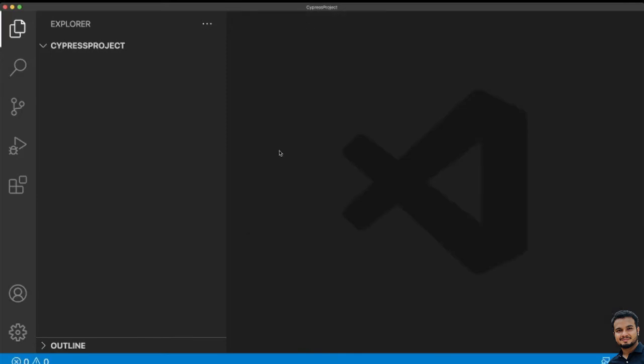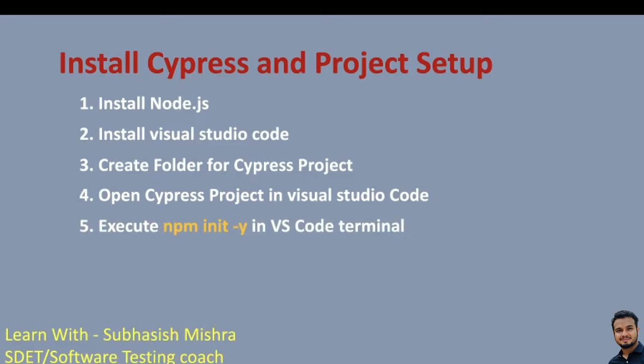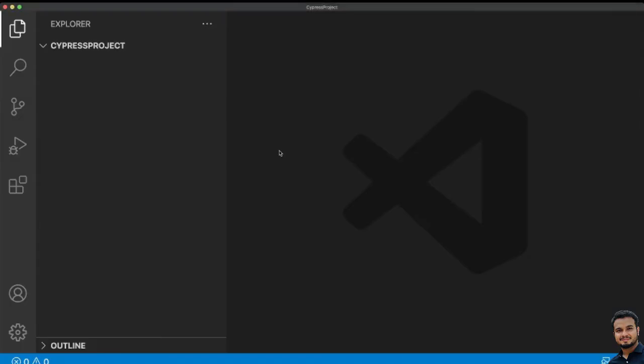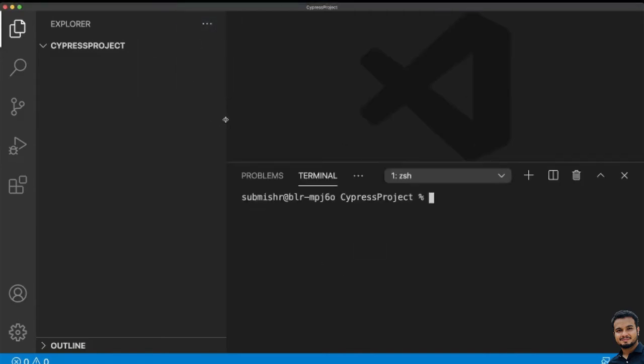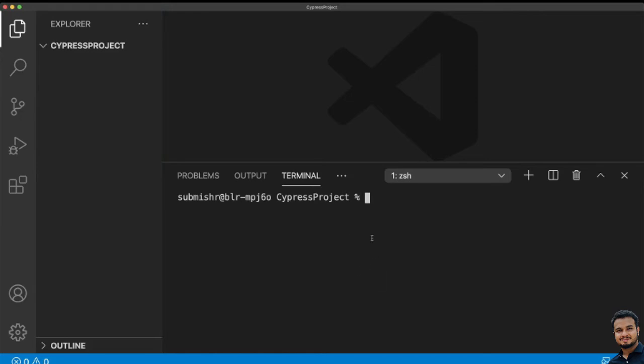Now in our next step we will execute the npm init -y command in our VS Code terminal. So here you can see one terminal. Here you can see Terminal, New Terminal. If I open it here, you can see that. So here we can execute all our things. This is one advantage of Visual Studio Code. It will act like your normal terminal. In your normal terminal you used to execute commands, right? So you don't have to go there, you can execute it here.